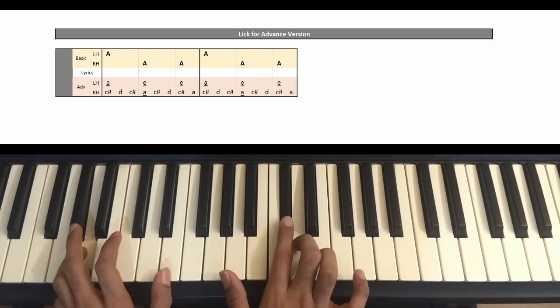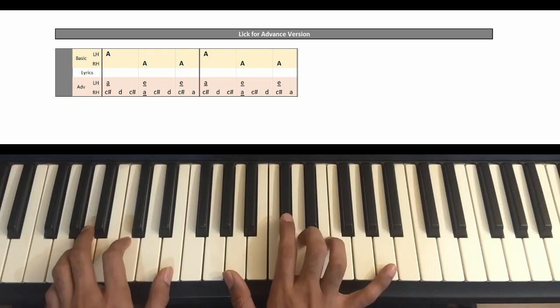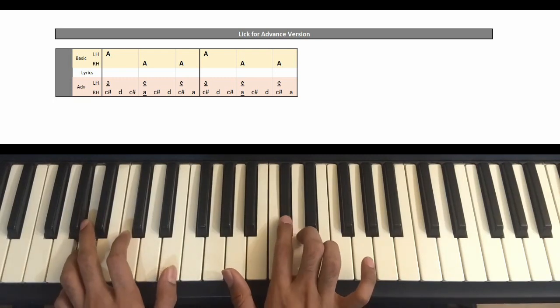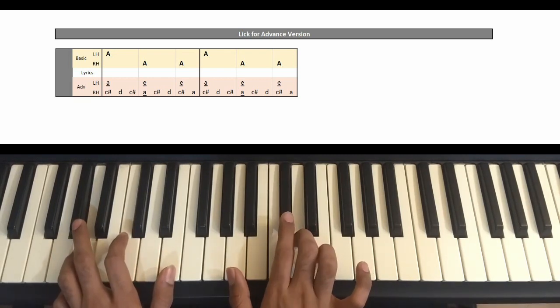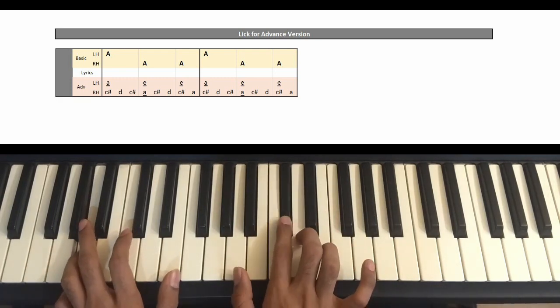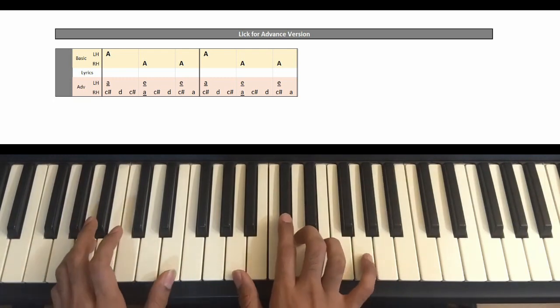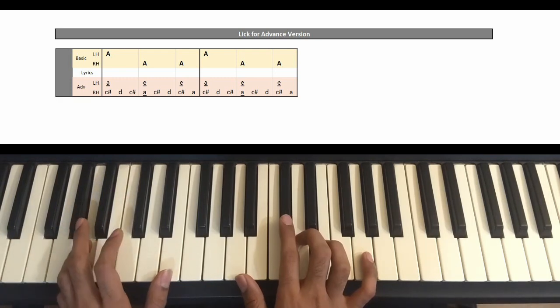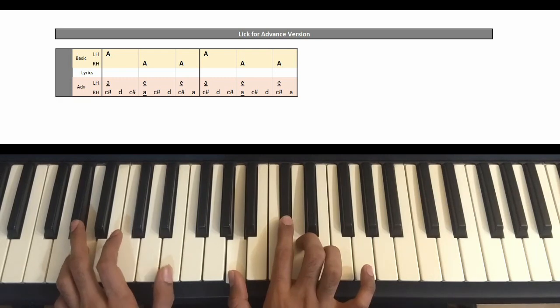And the A that you play in the last part is in the higher octave. So C sharp D, C sharp, C sharp D, C sharp A, and again C sharp D, C sharp A, right? C sharp D, C sharp A, C sharp D, C sharp A. And in the left hand, along with the first C sharp, you play the bass A, and then along with the A in the right hand, you play the E note.